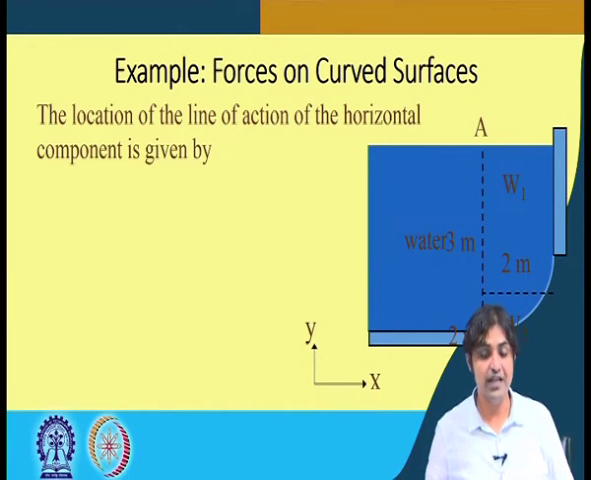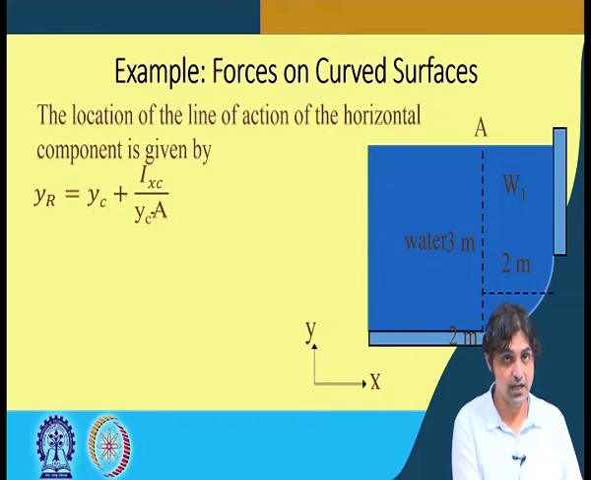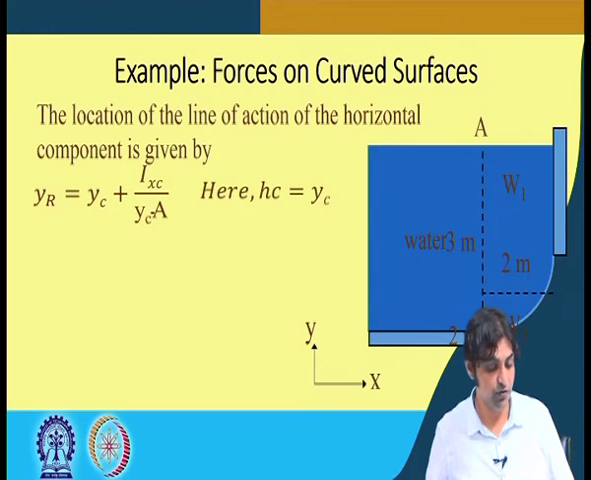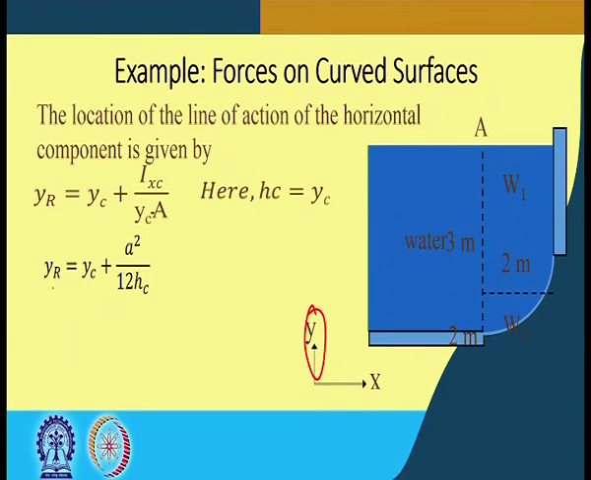The location of the line of action of the horizontal component is given by YR is equal to YC plus IXC by YC into A. This is what we have seen before. Here HC is equal to YC. The depth height of the centroid is also the Y, because we have assumed an axis in the vertical direction. So YR is going to be YC plus IXC by A